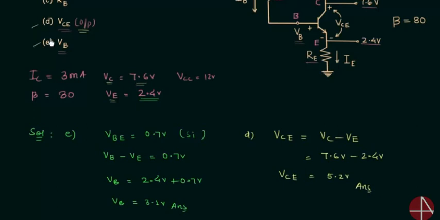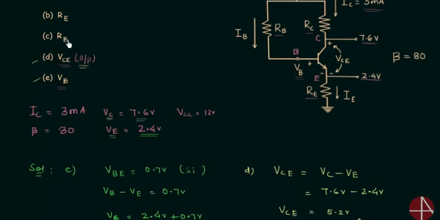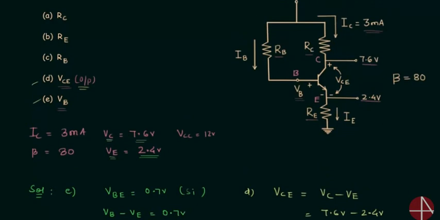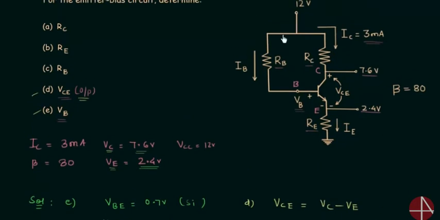We have completed E part and D part of the problem. In the C part, we have to calculate resistance RB, the resistance in series with the base terminal, and for this we will apply Kirchhoff's voltage law in the input loop. So let's solve the C part of the problem. VCC is equal to 12 volts. So we have plus 12 volts minus IBRB equal to VB. VB is equal to 3.1 volts, and we can easily calculate the value of resistance RB, but